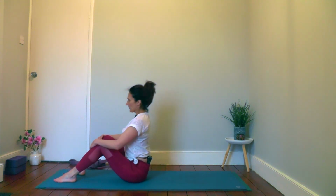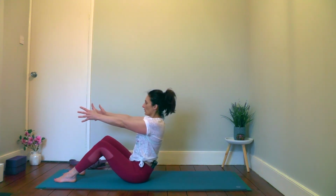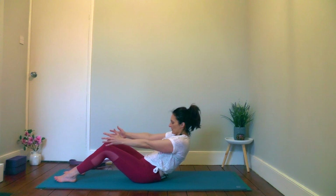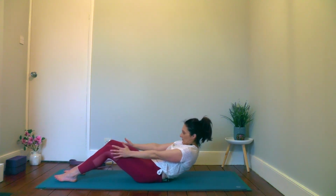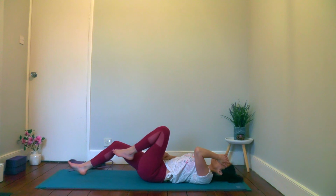Bring the soles of the feet flat to the floor, sit on the sit bones, lengthen the spine, shoulders plug in the sockets, and then using the strength of the core, release the body down as slow as you can go, one vertebra at a time, until you're all the way down. And release. Bring the knees up,